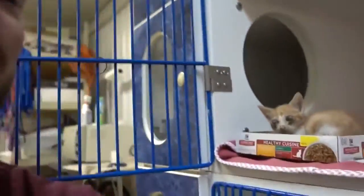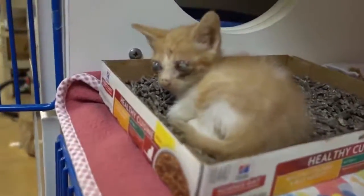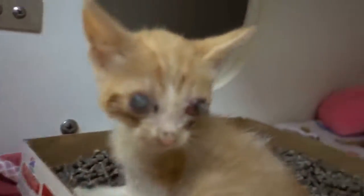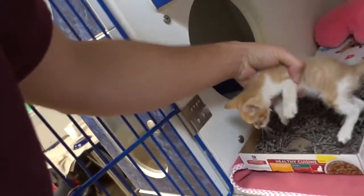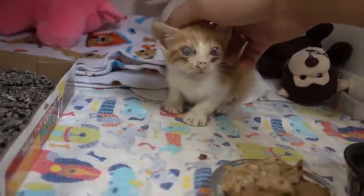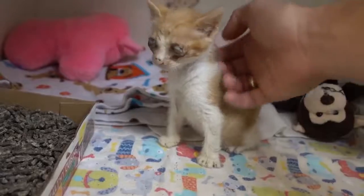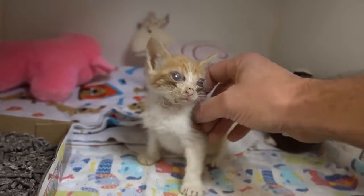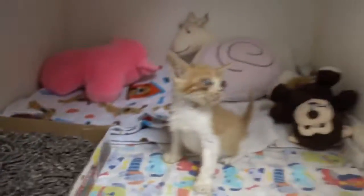It is day 2 and our little kitten is still looking terrible, but is actually doing really, really well. Walking around. Yesterday we couldn't even get the little kitty to move around or do much. But today he's moving about, he's eating canned food on his own, feeling a lot better, getting some nutrition in him. We got antibiotics in him, we dewormed him, so we're trying to make him into a healthy little kitty, but I'm